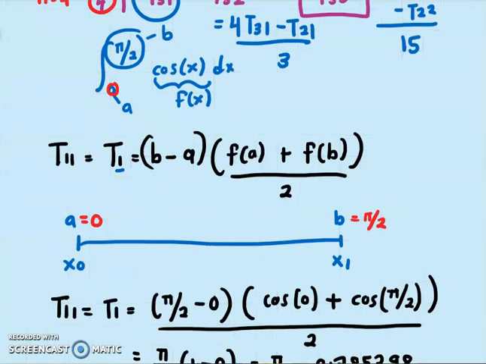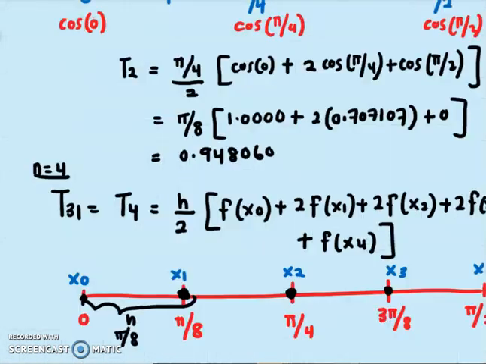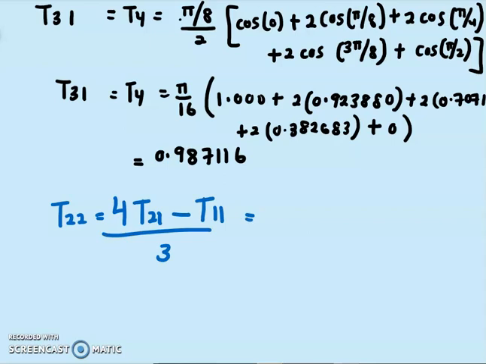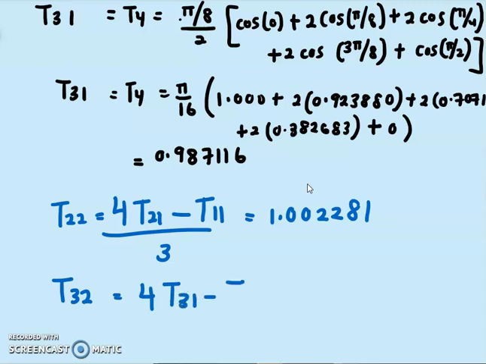Okay, so by having that, you can simplify your calculation. So let me write again. T22 equals 4 times T21 minus T11 divided by 3. I already obtained this earlier on, so I'm just going to write the calculation answer. And then to find T32 is 4 times T31 minus T21 divided by 3,